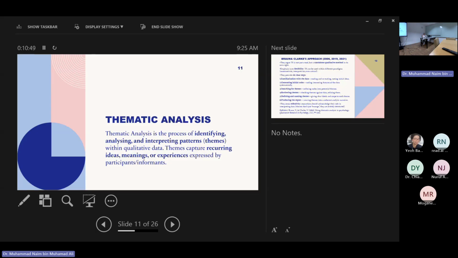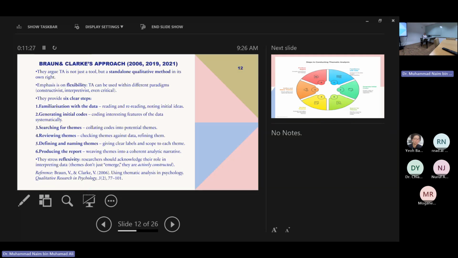For example, we want to understand the concept of violence. Violence comes in the form of, let's say, cyberbullying. How do they do cyberbullying? Cyberbullying can come in the form of participant A saying that their picture was edited using AI, or their personality was mocked on social media, and etc. So those are considered as cyberbullying. Those are the patterns, and then we can drag this and put it in the theme under cyberbullying. I hope you guys understand. Are you following me so far?